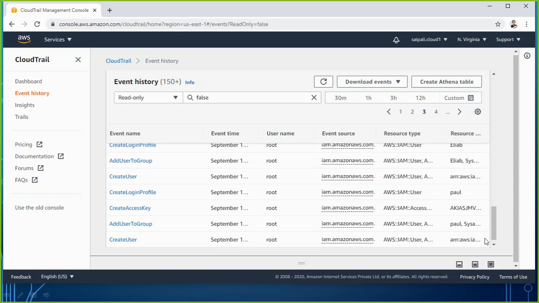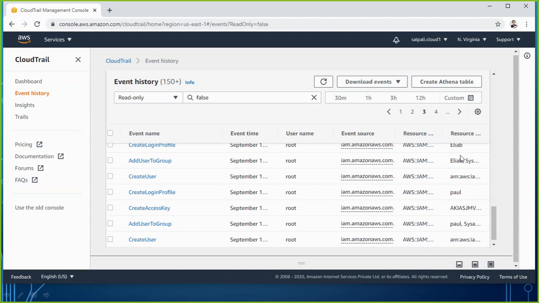Whatever we did up to now with this root user account, everything is maintained here as a log file, with the date, which user has done this task, and the event source, where it is from. So this event we did on the IAM service. Resource type is AWS IAM user or AWS IAM, whatever information you have, you can see from here, group, user, plus the resource, what you did, which kind of resource you had there.